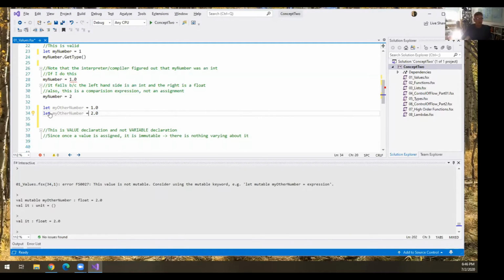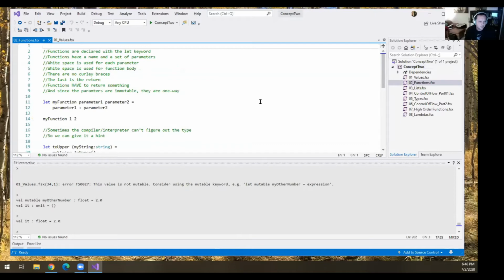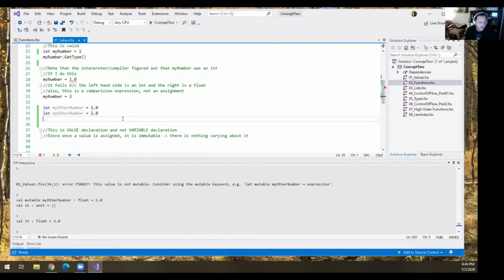Cool. Question number one? Does it let you specify the types, like is happening in these error messages? There is a way to specify the type that I'll show you in functions. So if the compiler can't infer the type, you have to specify it, and you have to do it in certain circumstances. Does that answer your question?